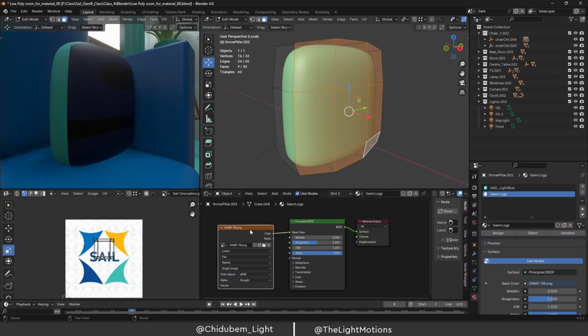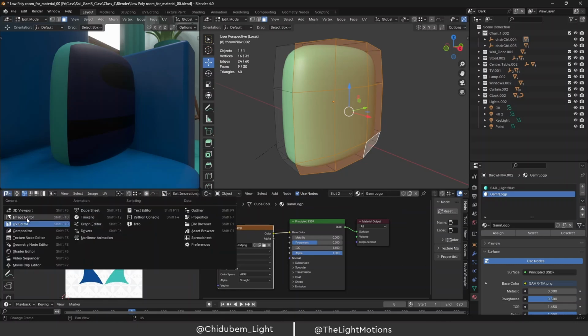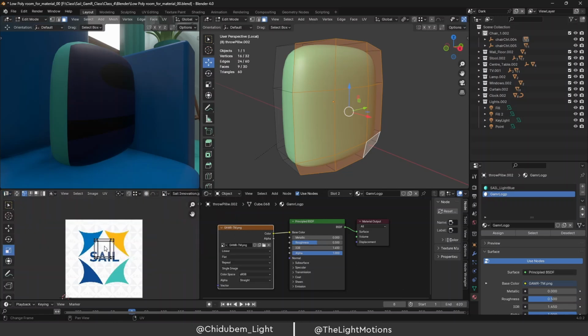So once I have this now, the other time I made a mistake. I was mistaking this image editor for the UV editor. So just ensure you are on the UV editor to see this. And once you are here, you can come here. You know what? First off,